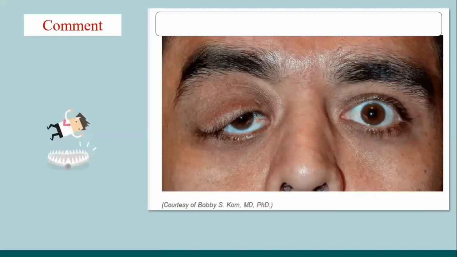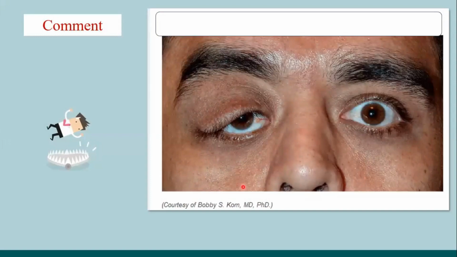Give me a comment about the findings if you have a case like this on the oculoplastic station. Yeah, it looks like mechanical ptosis. Mechanical ptosis due to a mass like a plexiform neurofibroma. Excellent. And as you can see, it's significant, and we have contralateral eye retraction and frontalis high arch